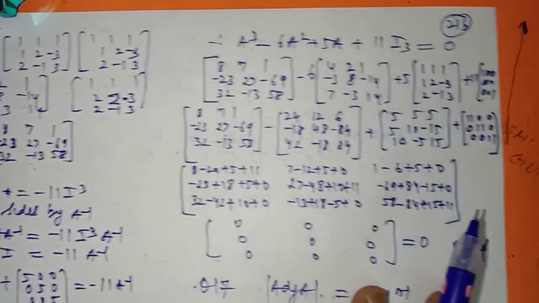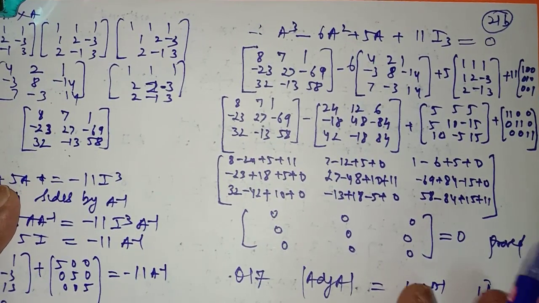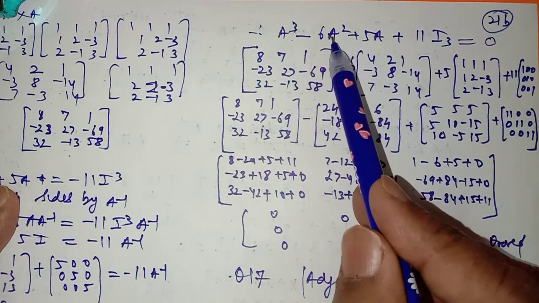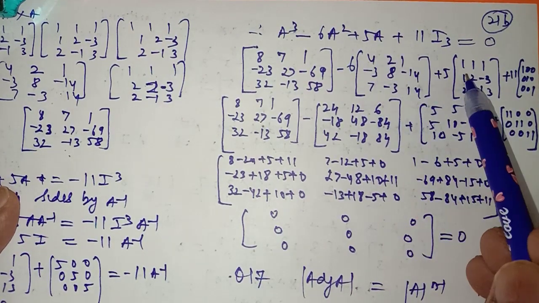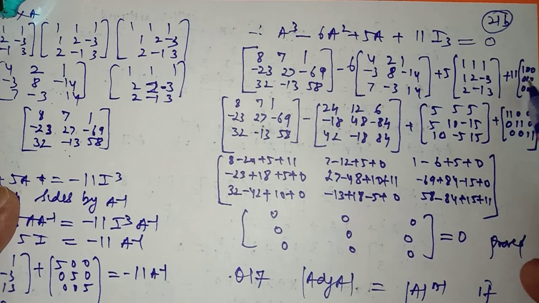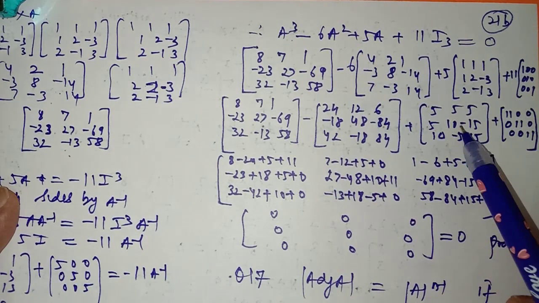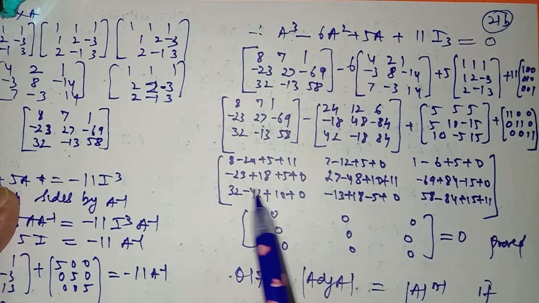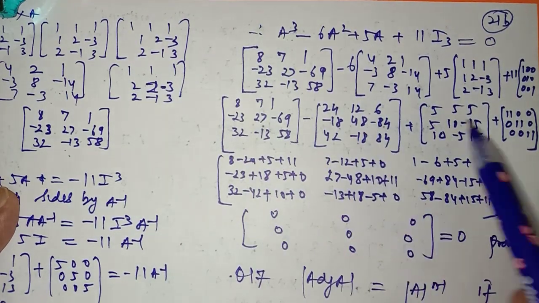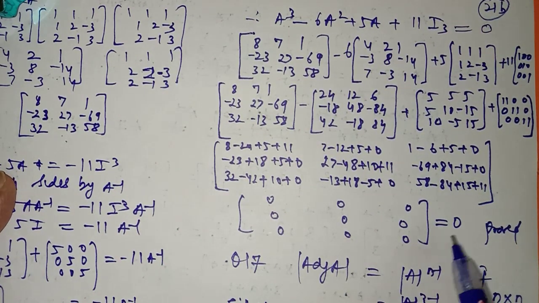Now first of all you have to prove that this expression is equal to 0. ये expression 0 के equal है, ये prove करना है आपको. So put the value of A cube; the value of A square we have already found. This is the A square. A square रखिए, A की value रखिए, and the identity matrix 3 by 3: 1 0 0, 0 1 0, 0 0 1. तो A cube पहले आप इसको 6 से मल्टीप्लाई करिए, 5 से मल्टीप्लाई करिए, this minus this plus this. You take your own time to calculate it. Then add it. You are getting 0 0 0 0 0 0 0 0 0, which is a null matrix. And this is what you have to prove.